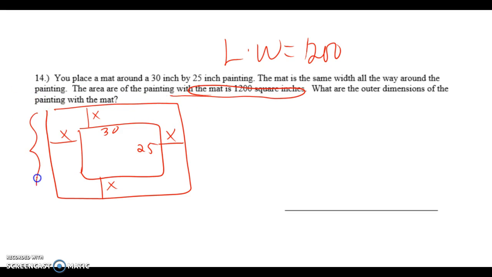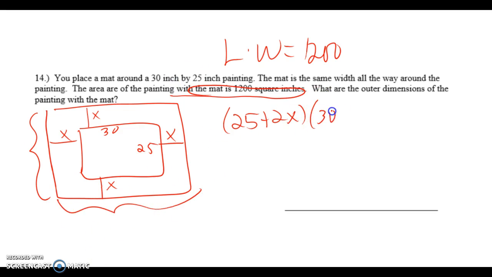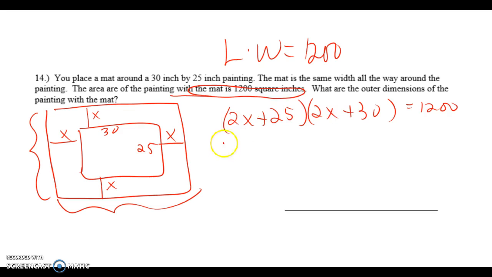This now becomes 25 plus 2x, and this becomes 30 plus 2x. And that whole area is 1200. So I'm actually going to write these the other way: 2x plus 25, 2x plus 30. So let's FOIL. 4x squared outer, plus 60x inner, plus 50x. Last, 25 times 30